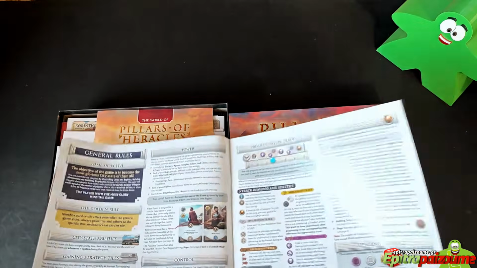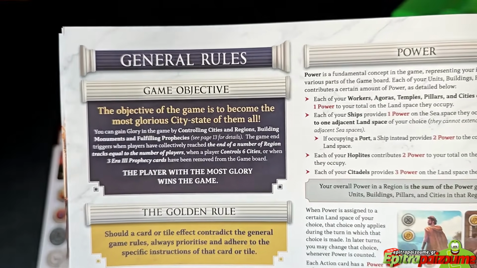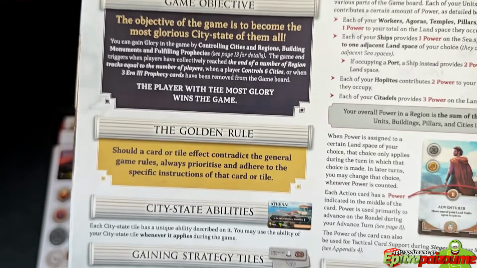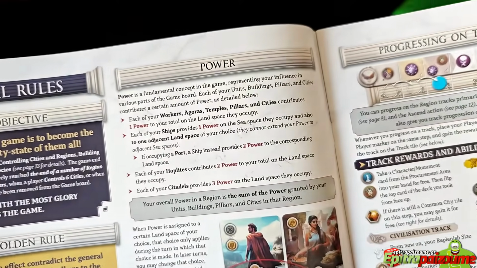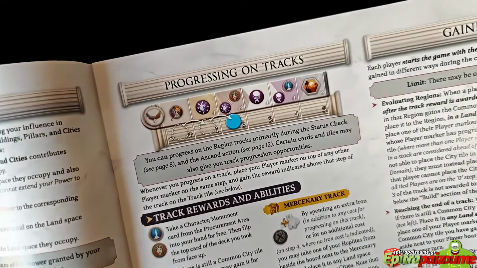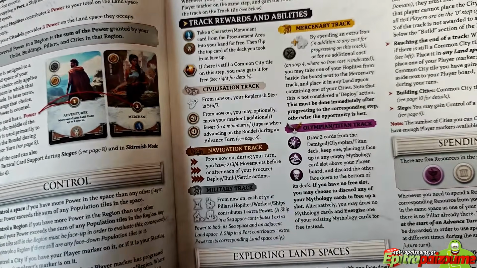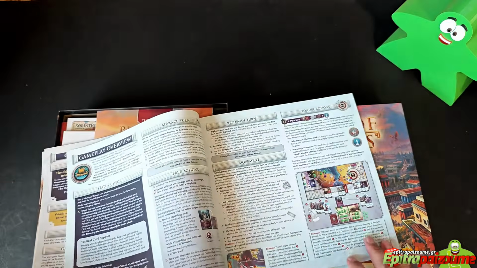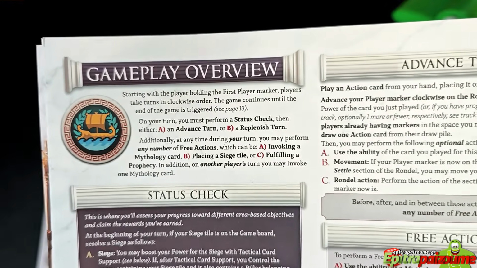Here's how you start diving into the rules, the game objective. You need to become the most glorious city-state of all and have the most glory to win the game. The abilities of the city-states, the power and the control and how these are explained, how we progress on the various tracks, which I highlighted before. We have track rewards and abilities explained. Then we have resources, gaining cities,